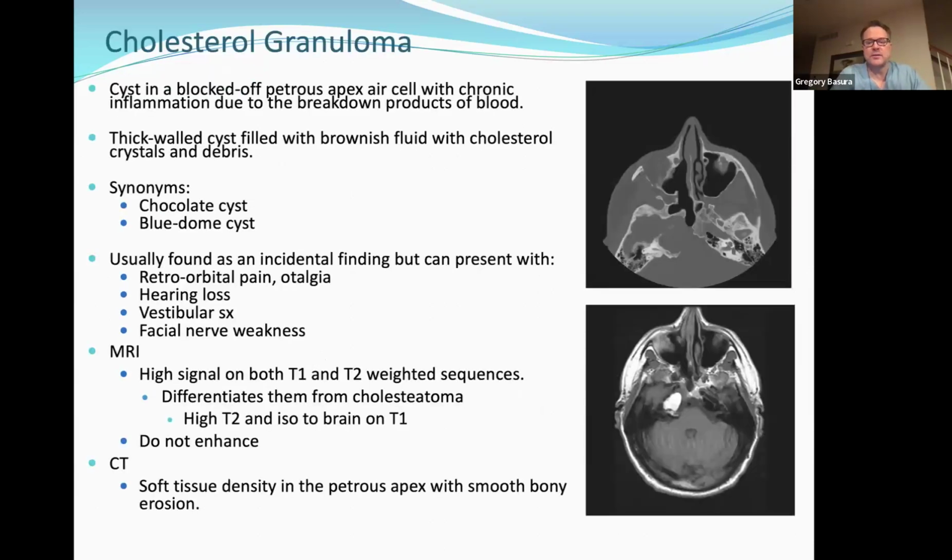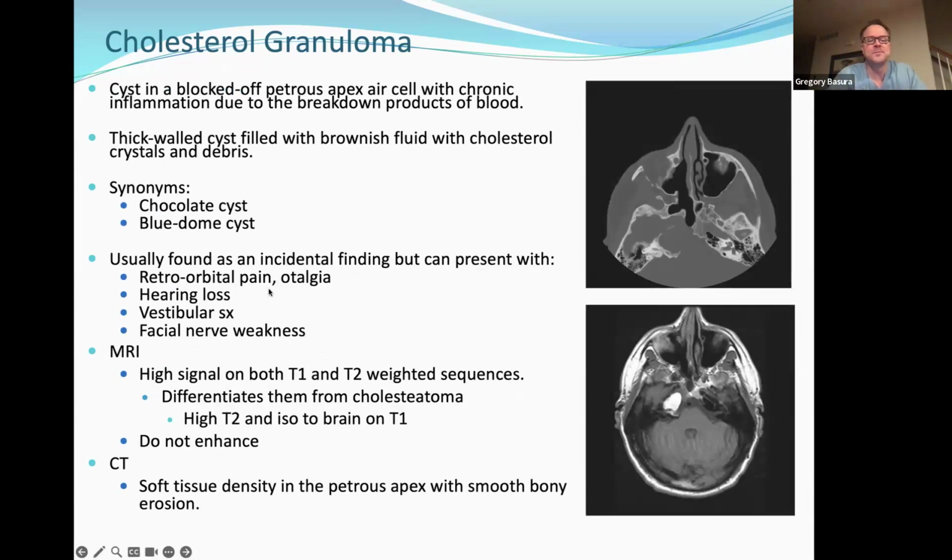So remember cholesterol granuloma, a couple of pictures here, you just saw those, right? So these are cysts in the petrous apex. Usually it's from the old blood product from the marrow-like bone that gets broken down. So sometimes they'll call these chocolate cysts, blue dome cysts, usually from the contents. We just talked about this. They can present with all kinds of different